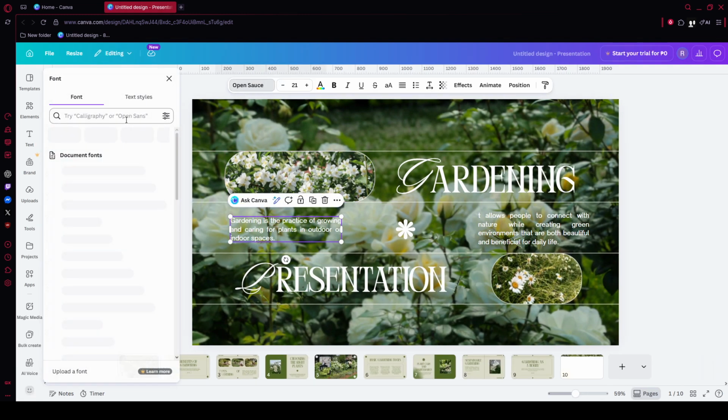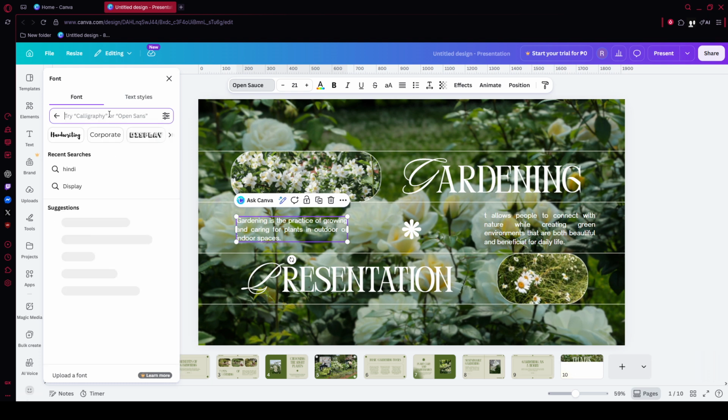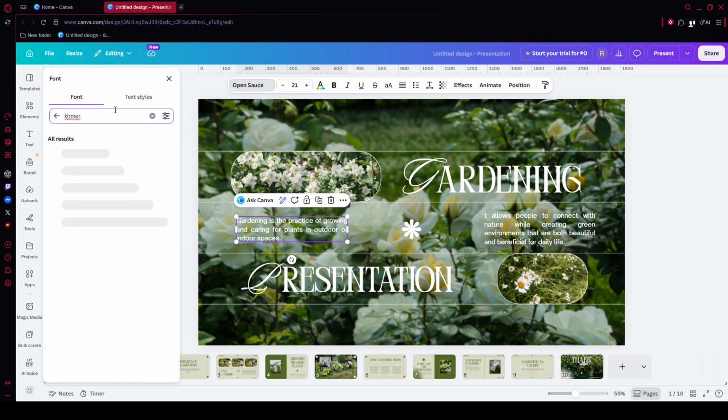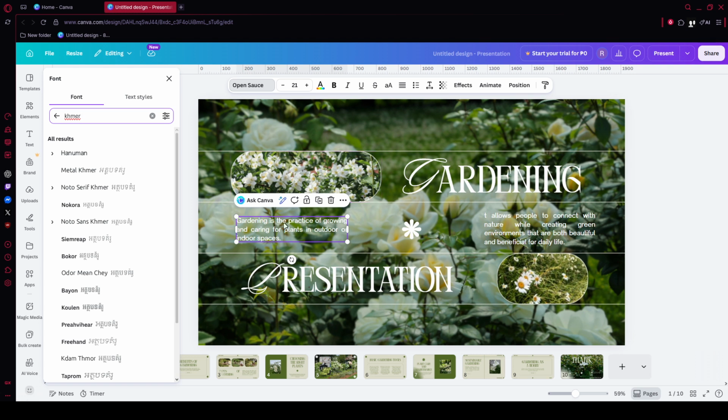supports Khmer script. Start by opening your Canva project from the homepage and going into the design where the issue appears. Once the editor loads, find the text box that contains the Khmer text you want to fix and click on it once so it becomes selected. You should see the text frame highlighted, which confirms you're editing the correct element and not affecting the rest of